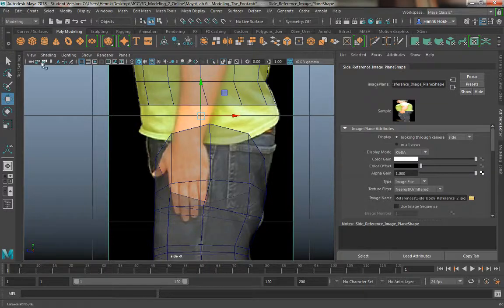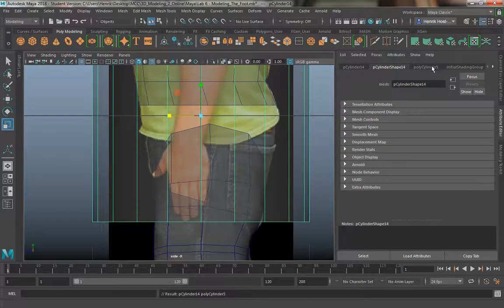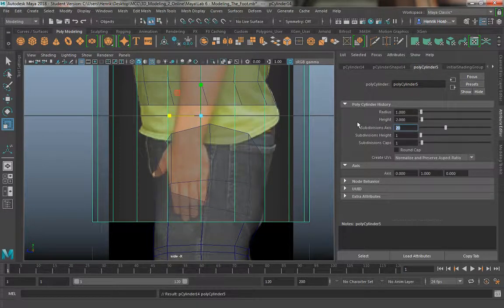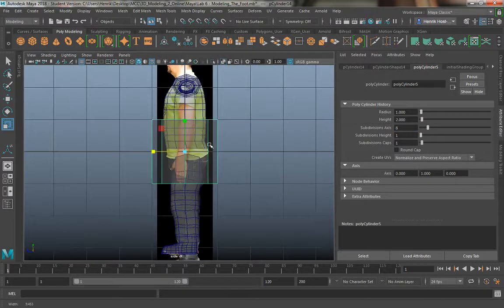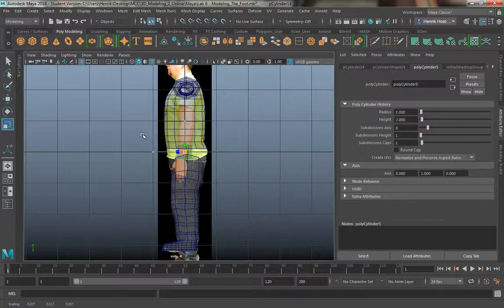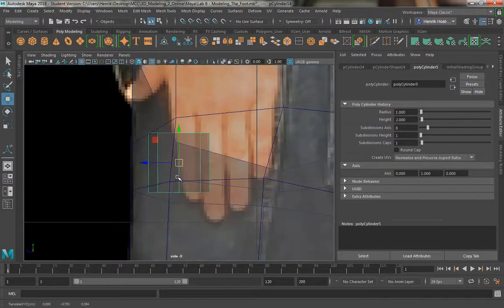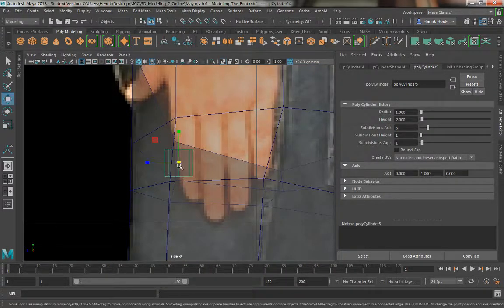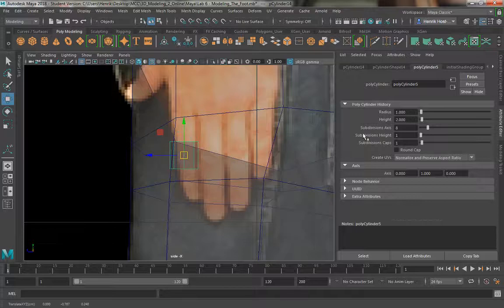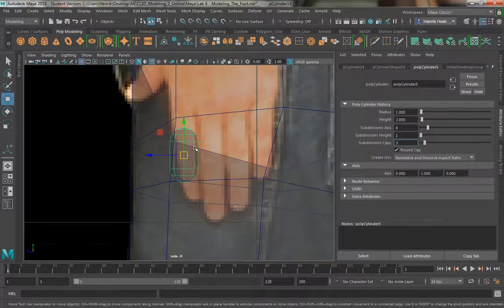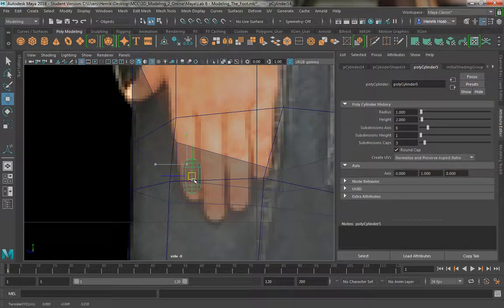So I'm going to start with a cylinder, and I'm going to change my poly cylinder settings. I'm going to make this 8, and then I'm going to go ahead and just scale it down, and I'm going to bring it into place. So I have a pretty good reference. I'm going to also do round cap and change this to like 3. So I have a pretty good reference on the length and proportion of my fingers here. So I'm going to go and start about at this point,